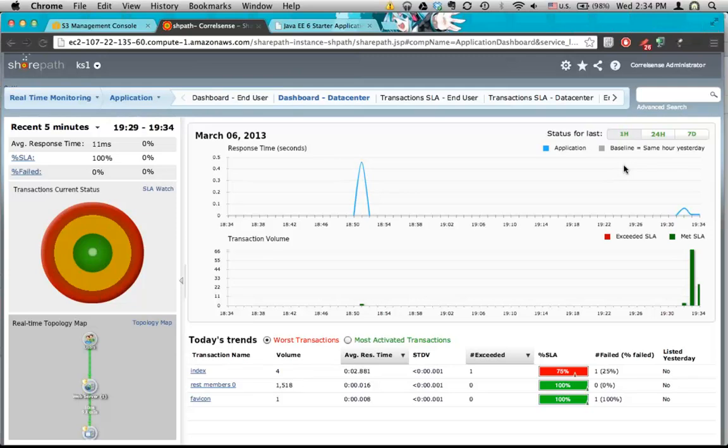And then we classify all the requests coming in through our script into different transaction types. So we can distinguish between a login and an index, in this case, a very simple application and a very simple script. What we're seeing now is in near real time, about a 5-second delay. On the left-hand side, you see the real-time topology, which ties into what we discussed regarding real-time dependencies within the platform. So let's switch over to the topology map